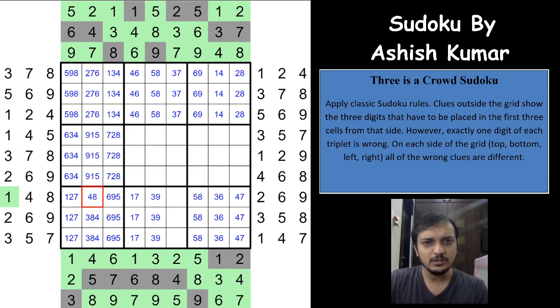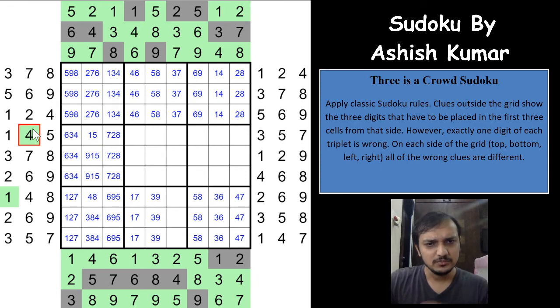Now if you see, the same logic can be applied in the other places also. So 1 and 5, right? And you have 9, 1 and 5, which means 4 has to be correct and 9 cannot be here. It has to be 1 and 5 only, right? The same 2 digits, 1 and 5, in these 3 cells. So a 9 cannot be here and a 4 has to be correct.